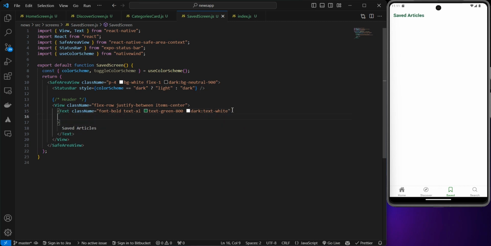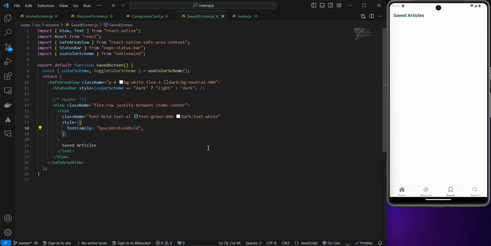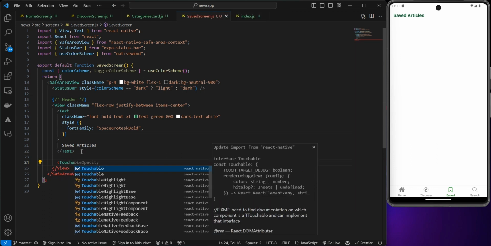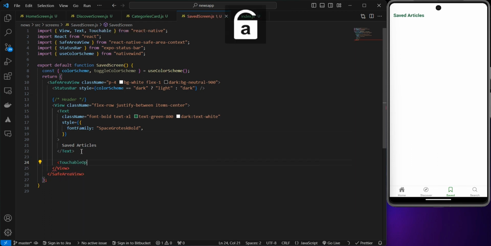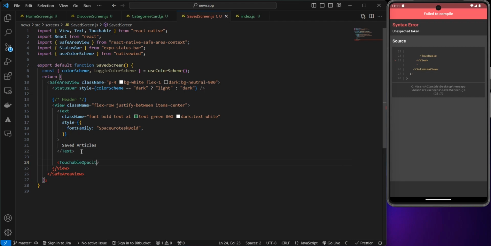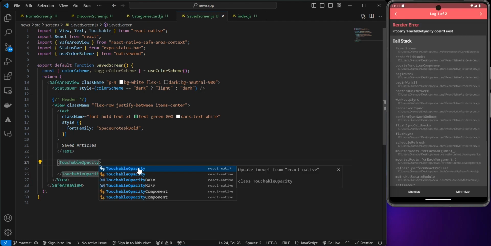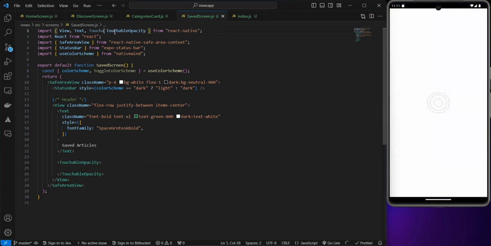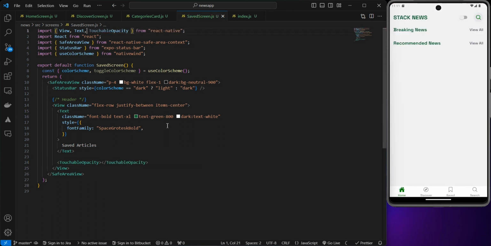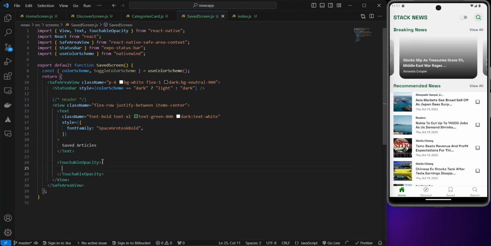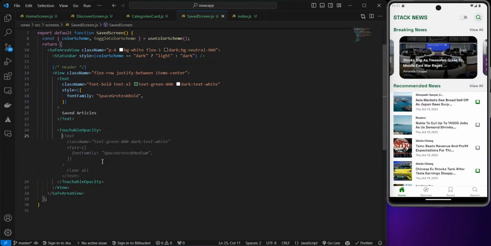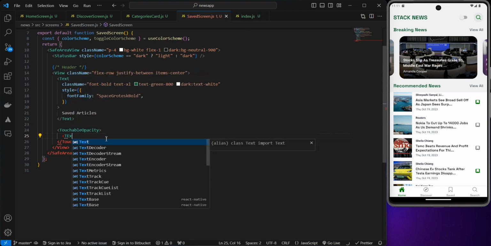Then also I want the style to be of font family of Space Grotesk text bold. And after this, I'm going to have a touchable opacity. Sorry about these little typo errors. And let's just import it right away from React Native. Let's just remove the touchable. We don't actually want it. There's also another component called pressable, in case you don't want to use touchable opacity, and you can read more about their usage. And this touchable opacity is going to have a text here,